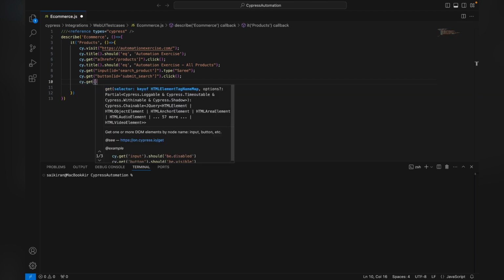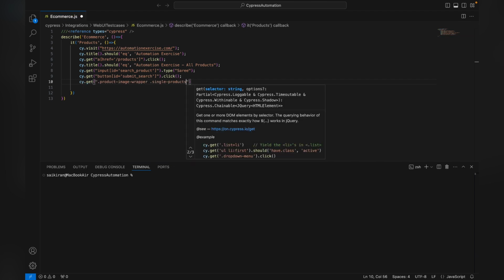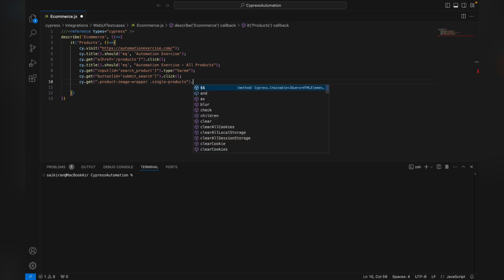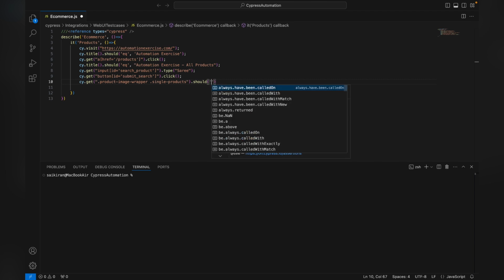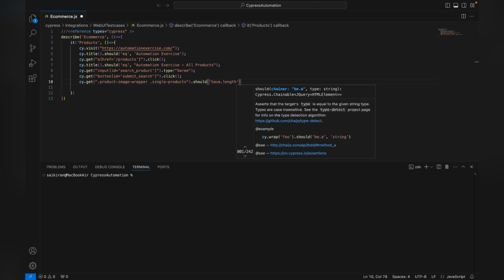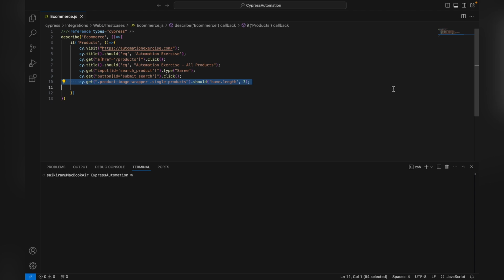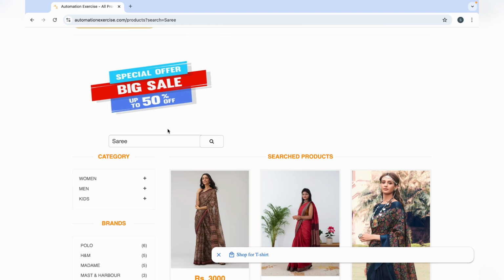cy.get, give the CSS locator, dot. We need to validate that the products are getting displayed or not. For that we are giving assertion dot should. Open the braces, and inside the single quotes you can write have.length, 3. Here in this line we have written dot should have.length 3 assertion because after clicking on the search icon,